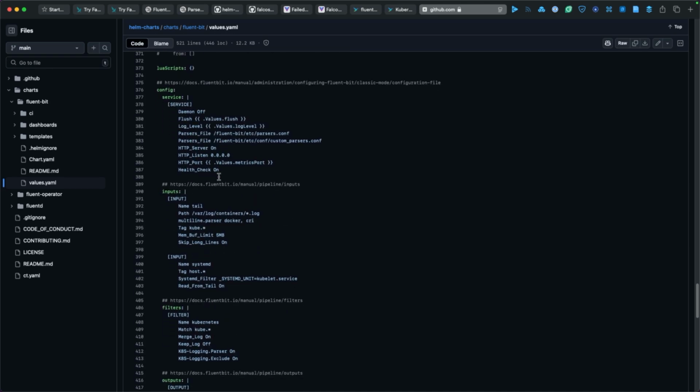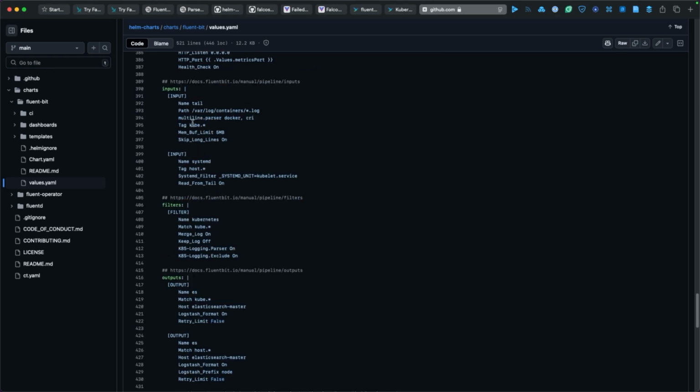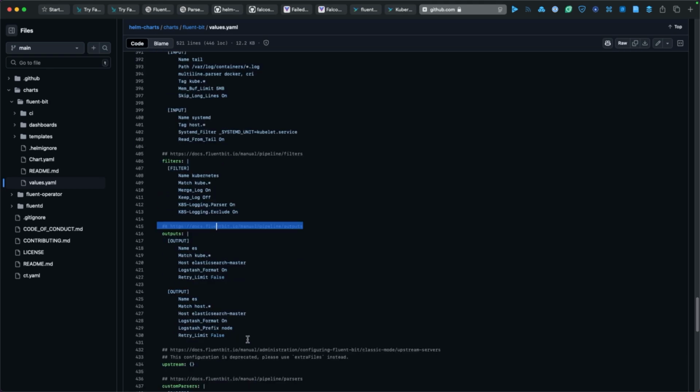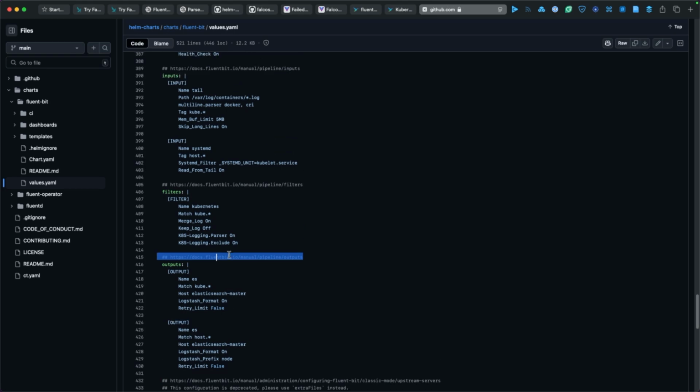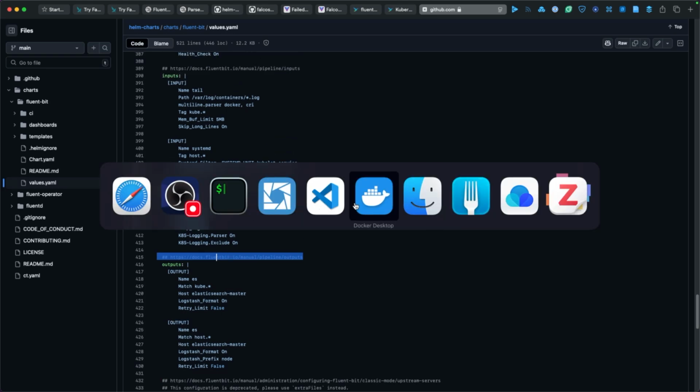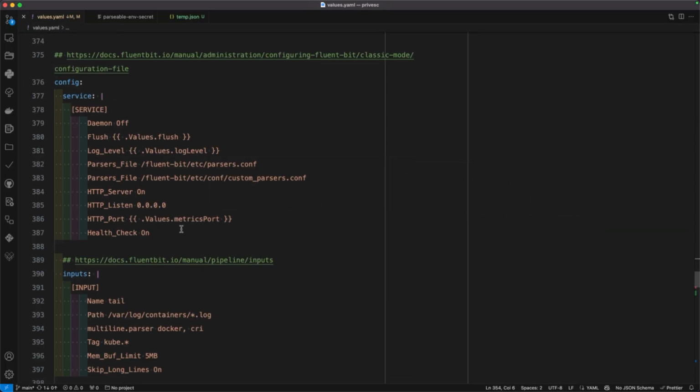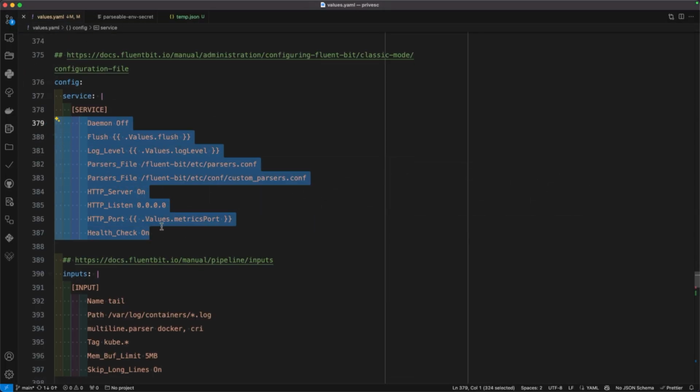So to recap a few things, service is the general service details, then inputs, and there's a wide variety of plugins that you can see on this link here. Filters are how you can filter the events moving forward, which you can also see mentioned here. And then outputs, and you can see some examples here. I'm going to jump into the configuration I used and explain the details of that from there. So the service we can mostly leave as is.